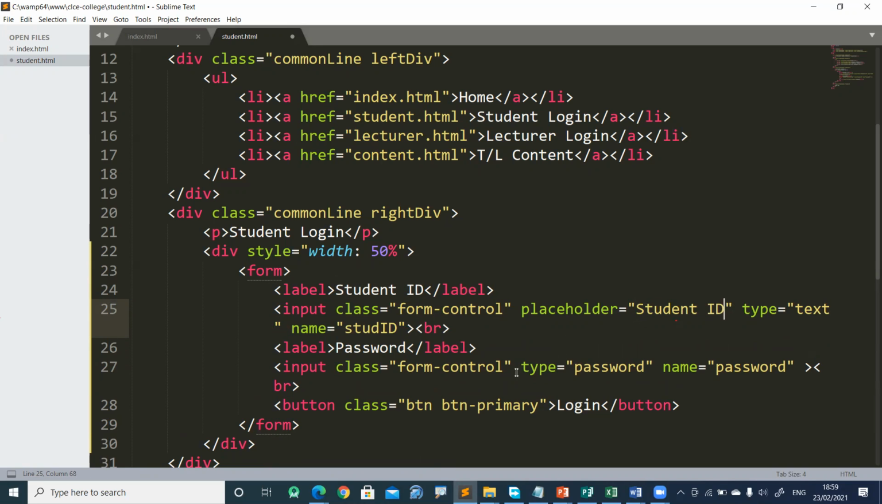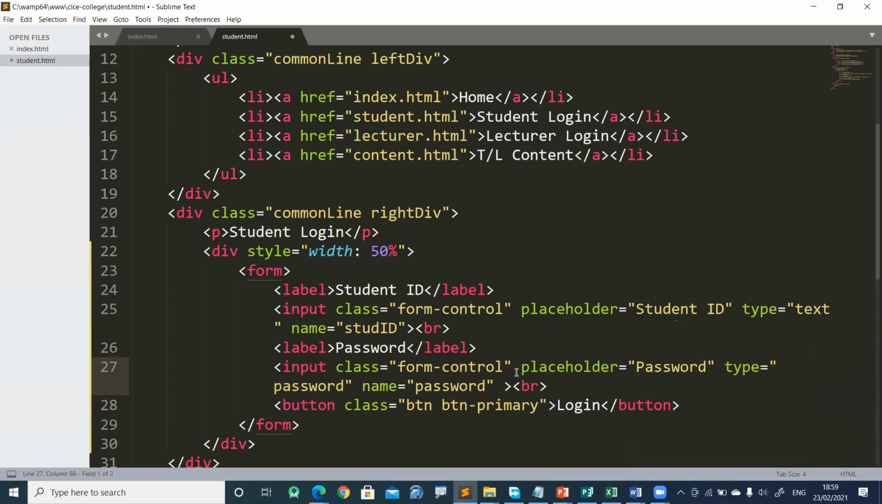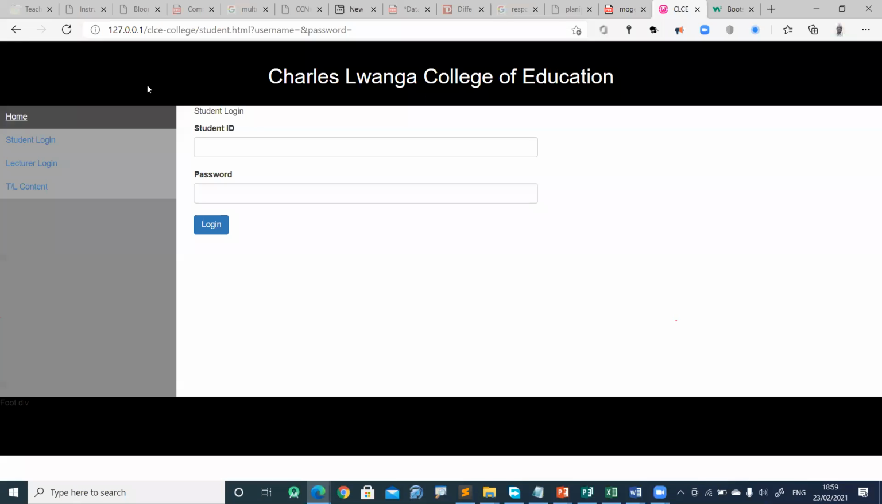Then also this one, placeholder is going to be password, or we can say type your password, whichever way you want to put it. So it's up to you. So if you refresh, you can see there's that word which is invisible, like gray kind of, meaning